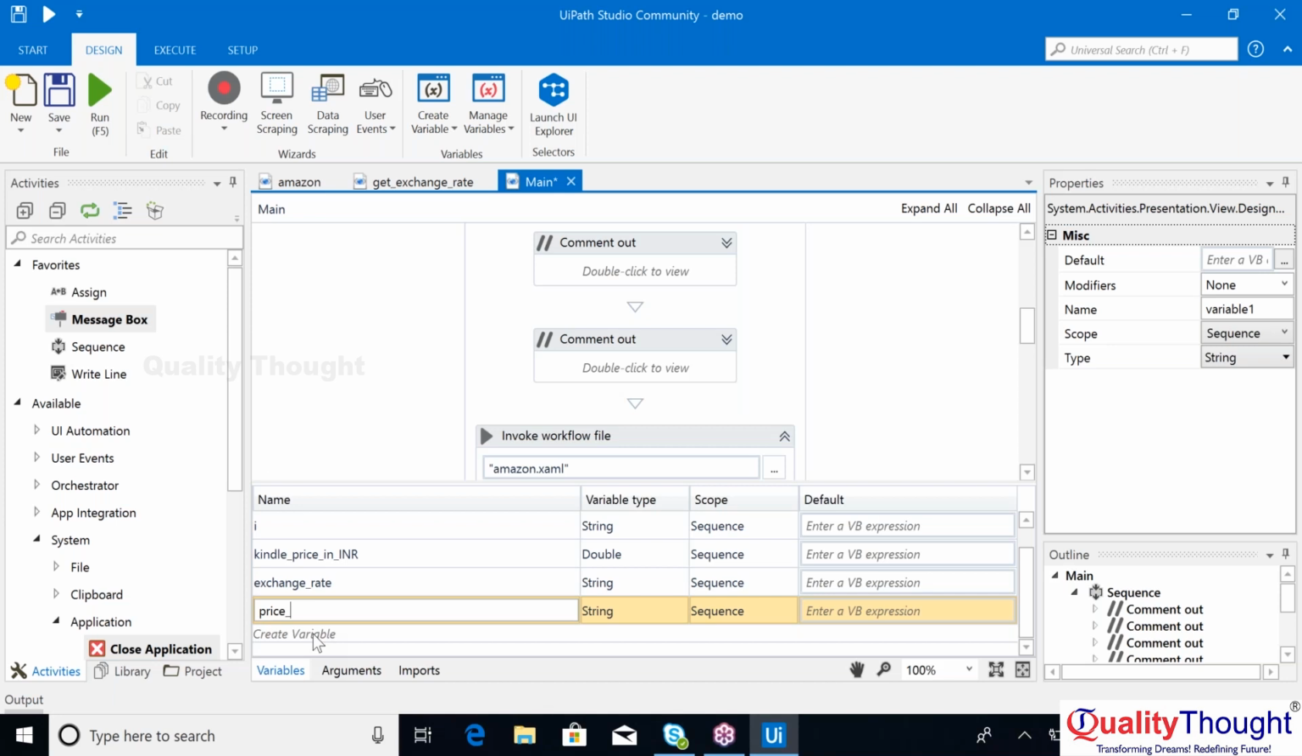Okay, so let us save this, and here also let us try to display the exchange rate from main XAML. And here is the price in dollar from main file. Okay, so now when we run this,